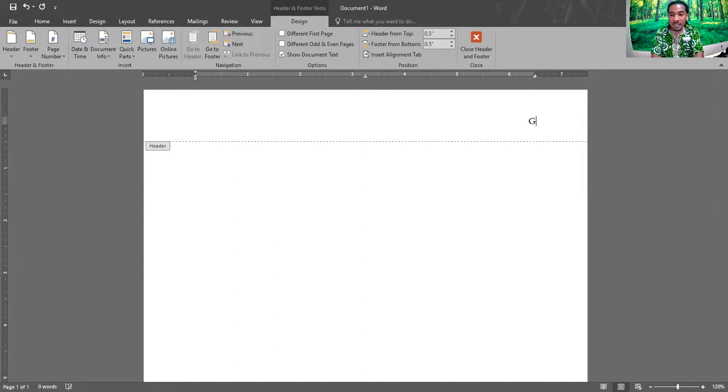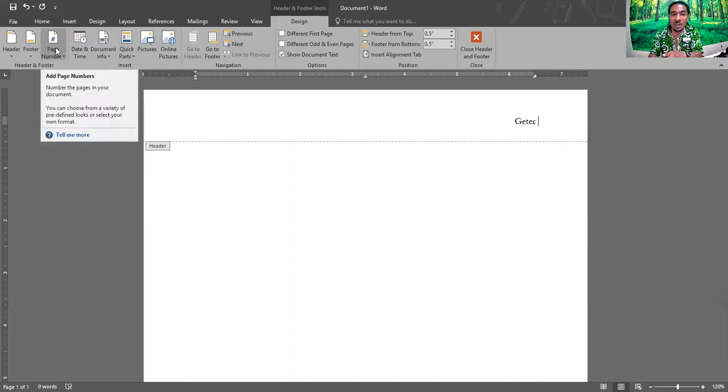Here, I'm going to put my last name, Jeter, and hit the space bar once. Depending on your font, you may want to hit it twice, so that it definitely looks like there's a space there. So hit the space bar once or twice, and we're going to put the page number here, but we're not going to put a number 1, because if you type number 1, then on every page is going to be a number 1. Here we have to use the page number button, which is right over here in the left